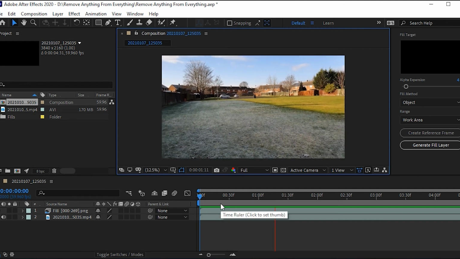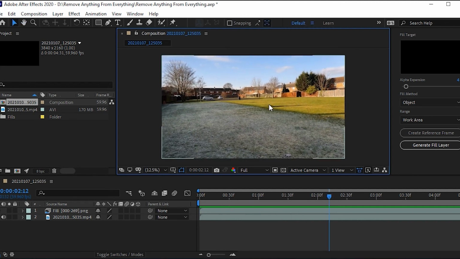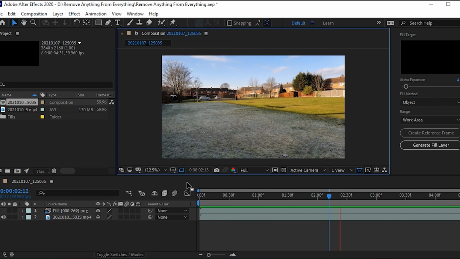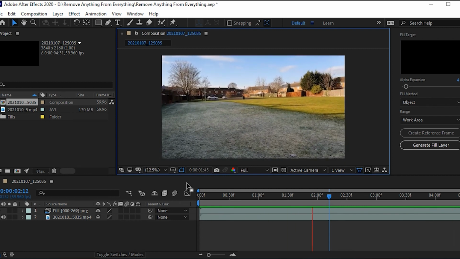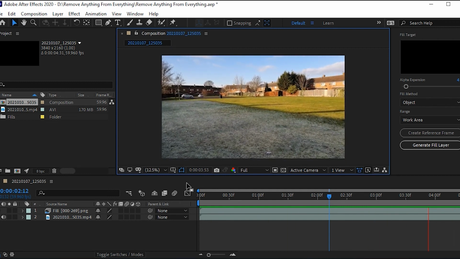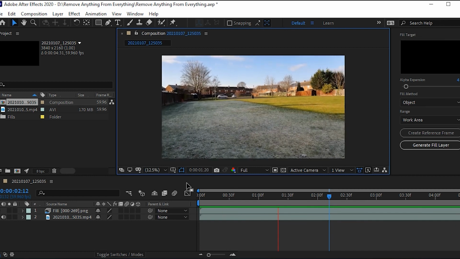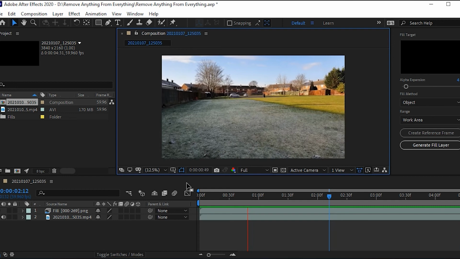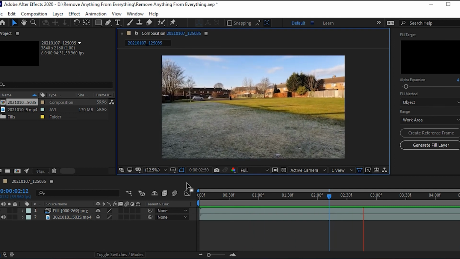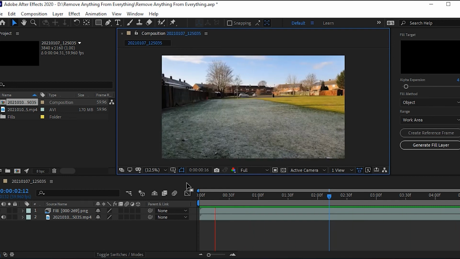Now you can see the shadow because I haven't removed that, because that's an extra mask that we would put in and just remove that out. So you can see where she was, and I've left that in so you can see how good a job it's actually done, because I wanted you to see it taking her out but actually seeing where she is in the same video. So as you can see, it's done an absolutely excellent job of doing that.